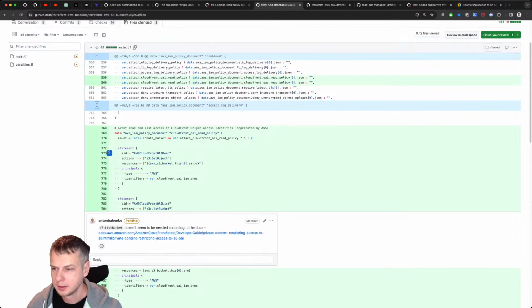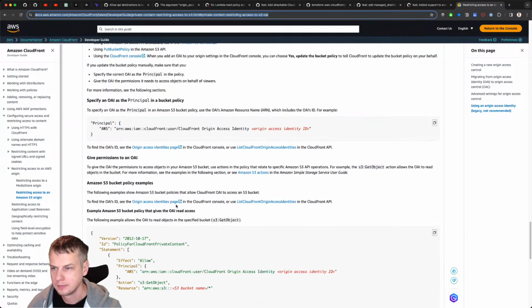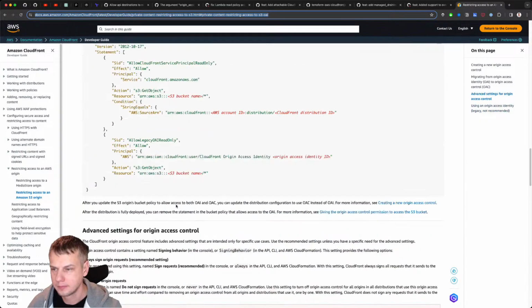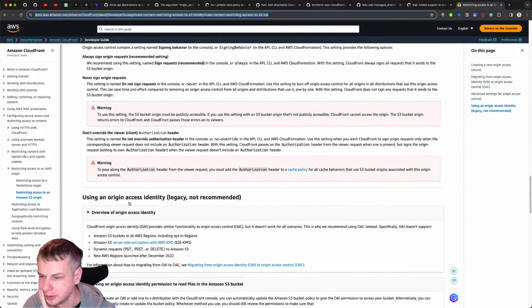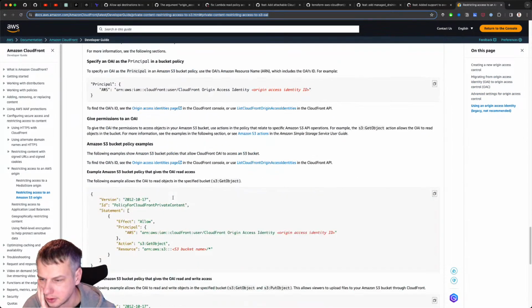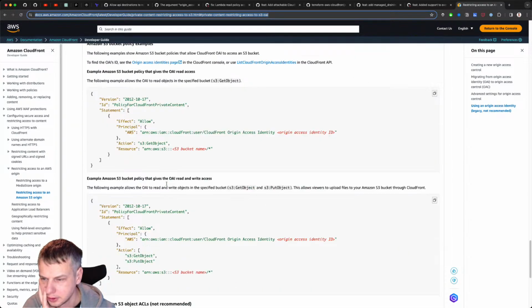Okay, then let's keep this SID. Where is the SID? No, where is the SID? Using a region access policy for CloudFront private content.